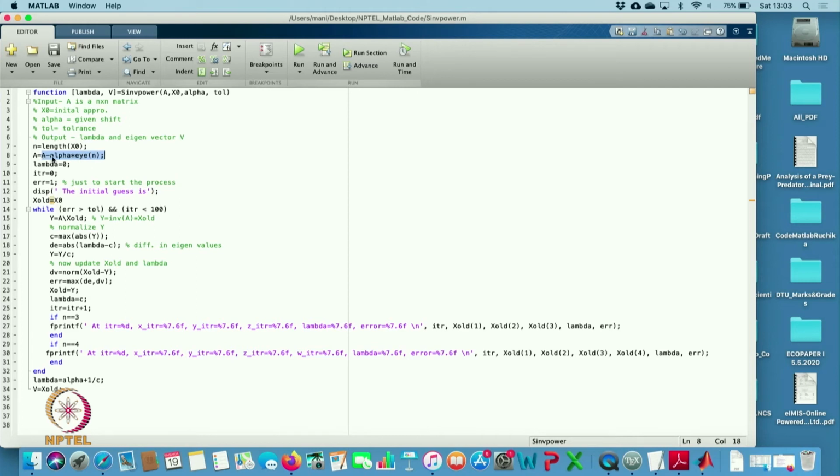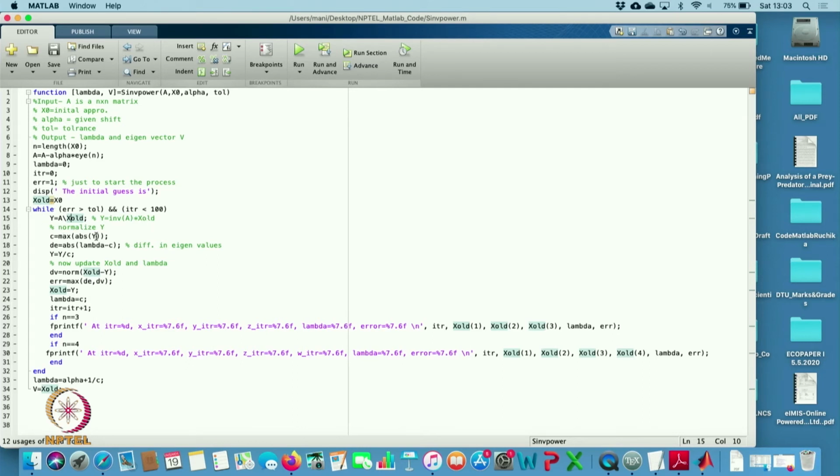So, I am putting A backslash x old, that is the same as the inverse of A into x old. So, from here I am finding the value y naught.